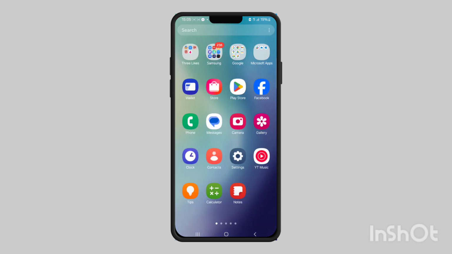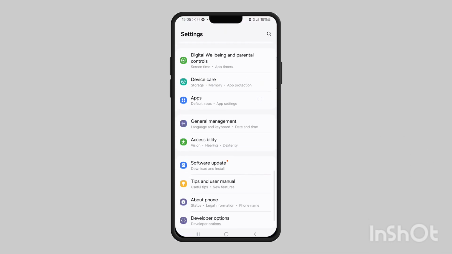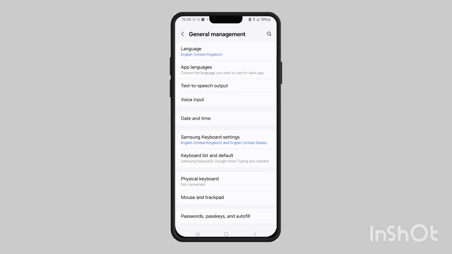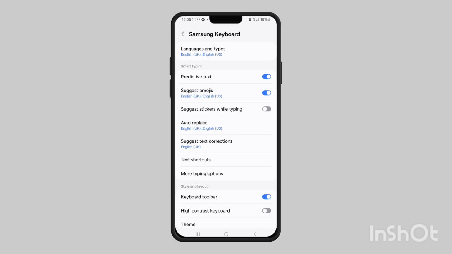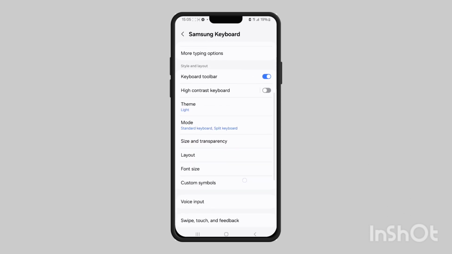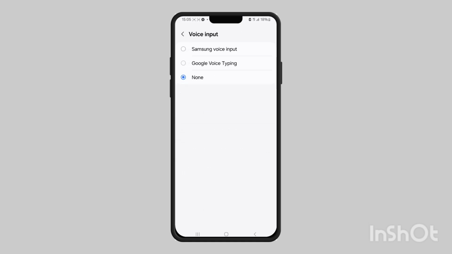So in order to do that, open up your settings, scroll down until you see the general management section, open that, and then come down and tap on Samsung keyboard settings. From here, you want to scroll down until you see the voice input. Tap on that and make sure it's set to either Samsung voice input or the Google voice typing. Come out of that,